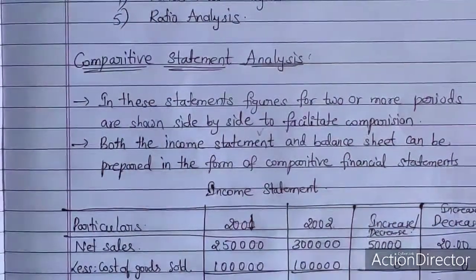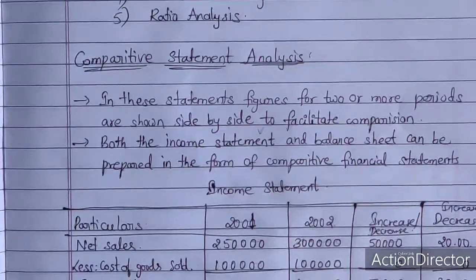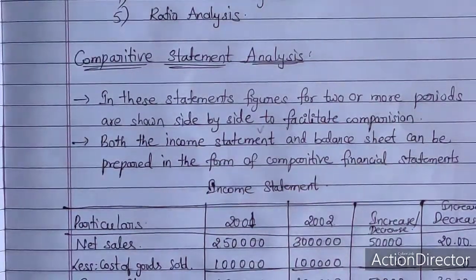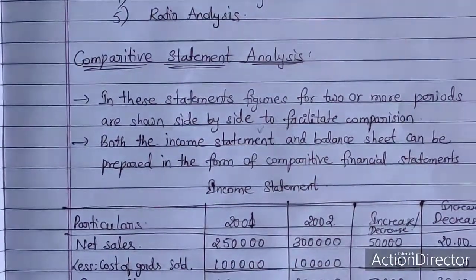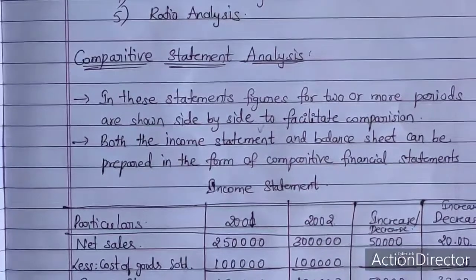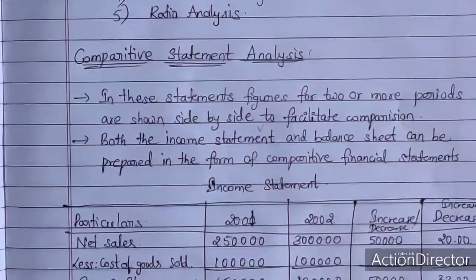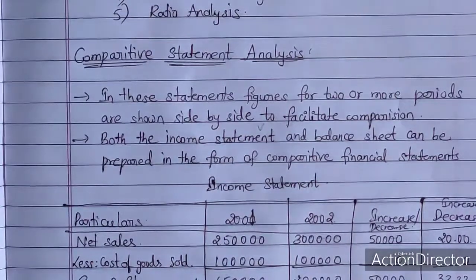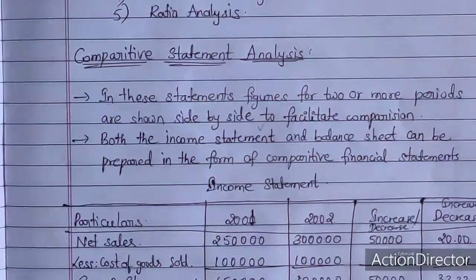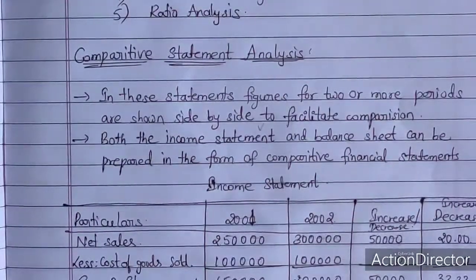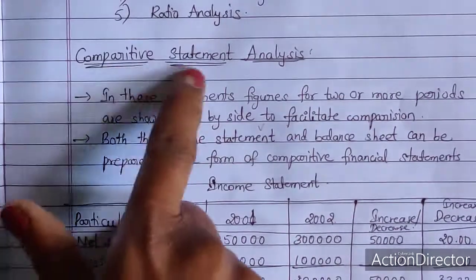In this we are given 2 or more periods of income statements. That means trading account and profit and loss account information. From that 2 or more periods of information, we have to prepare an income statement, or it may be a balance sheet, and we have to identify whether there are any differences between those 2 years. That means whether there is any increase or decrease, that we have to identify in this comparative statement